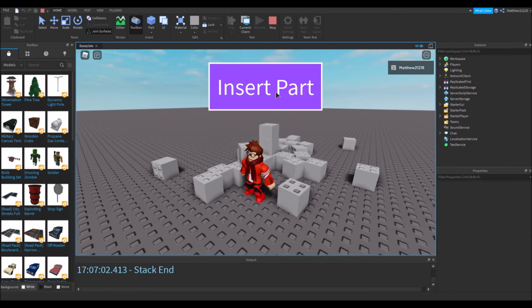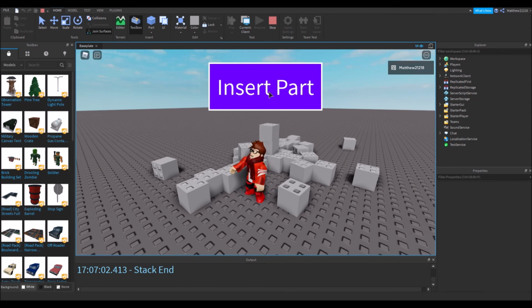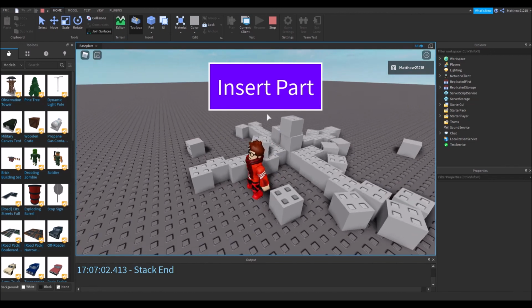If you guys would like me to add debounce to this, so there's a pause between when you can click it, or some way so you can change the material,